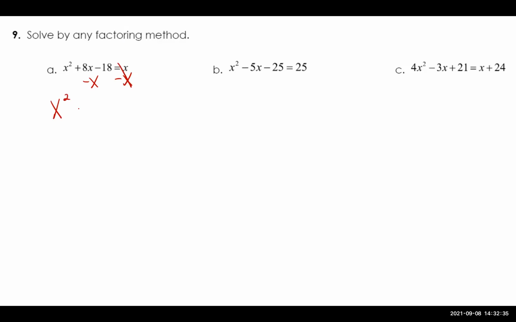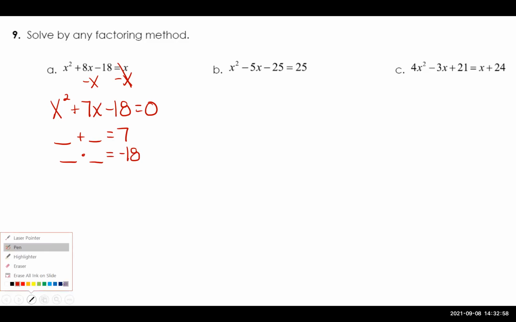So we have x squared plus 8x. Well, no, sorry, not plus 8x. 8x minus x would be a plus 7x, and then minus 18 equals 0. When we have a quadratic trinomial, because we have 1, 2, 3 terms, I'm going to try to think of two numbers that add to equal 7 and multiply to equal a negative 18. And that would be